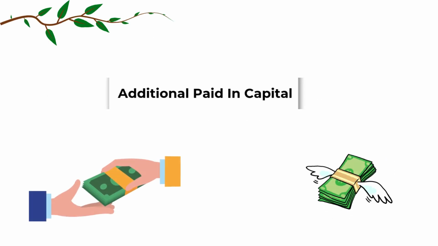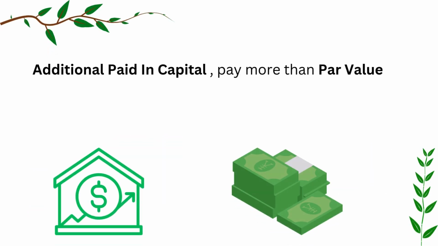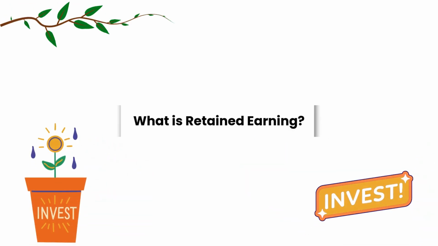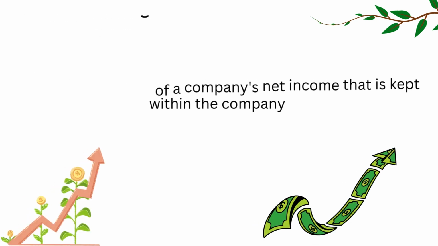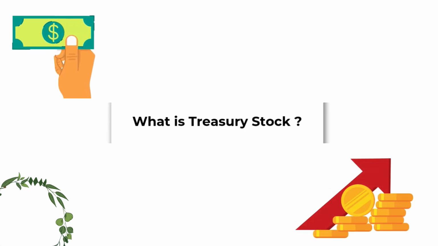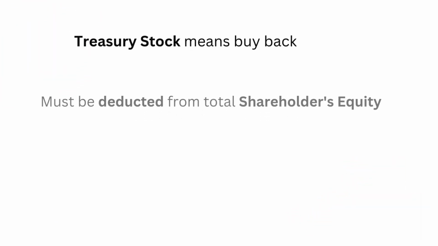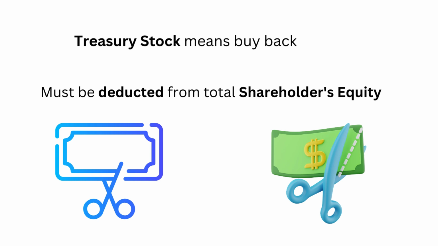Now let's move to additional paid-in capital. Additional paid-in capital represents the amount received from shareholders which is higher than the par value of the shares. Next one, retained earnings, illustrates the part of net income which is retained for reinvesting and not going to shareholders' dividends. And the last one, treasury stock, describes the shares that a company has bought back from shareholders,